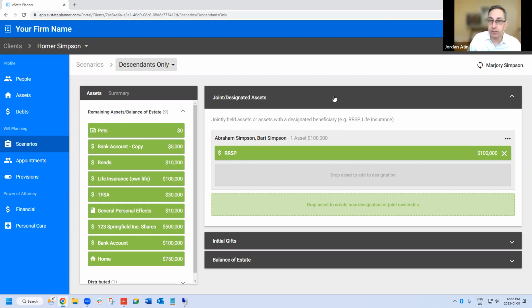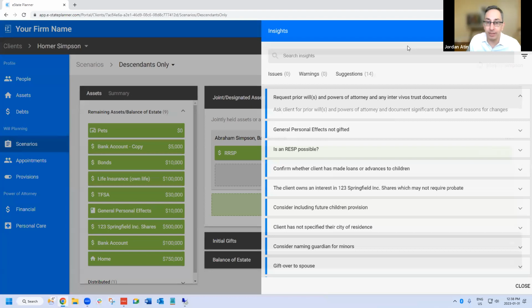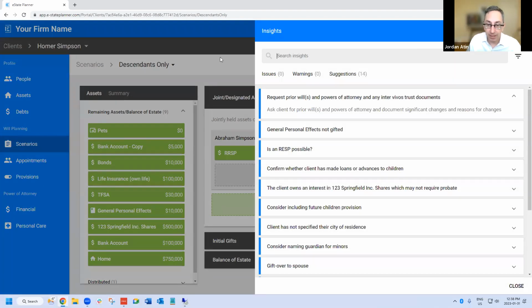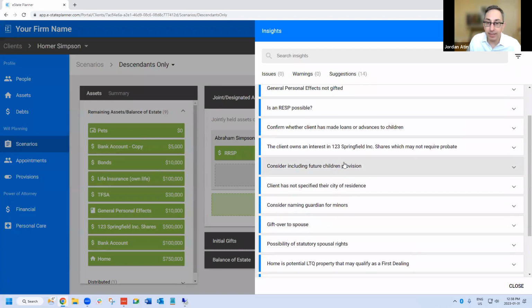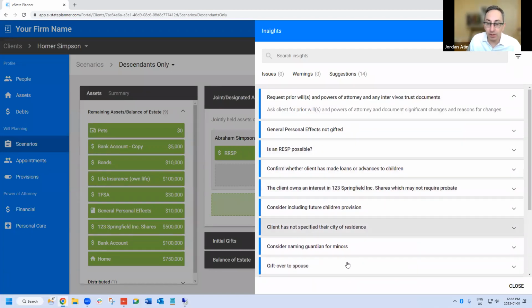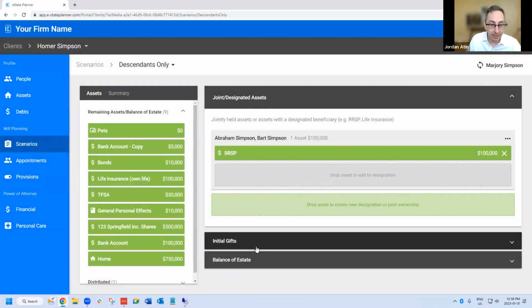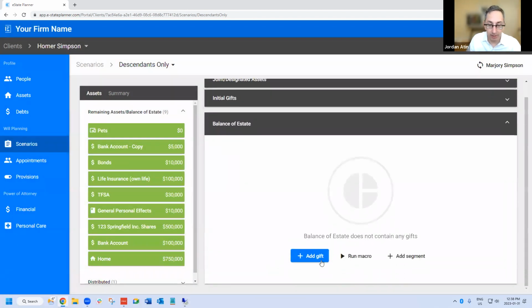I want to then just show a couple things and then create the designations. So if I go to my warnings here, one of the things that we've got is whether we want to see prior designations and things like that. Let me just show you an example.